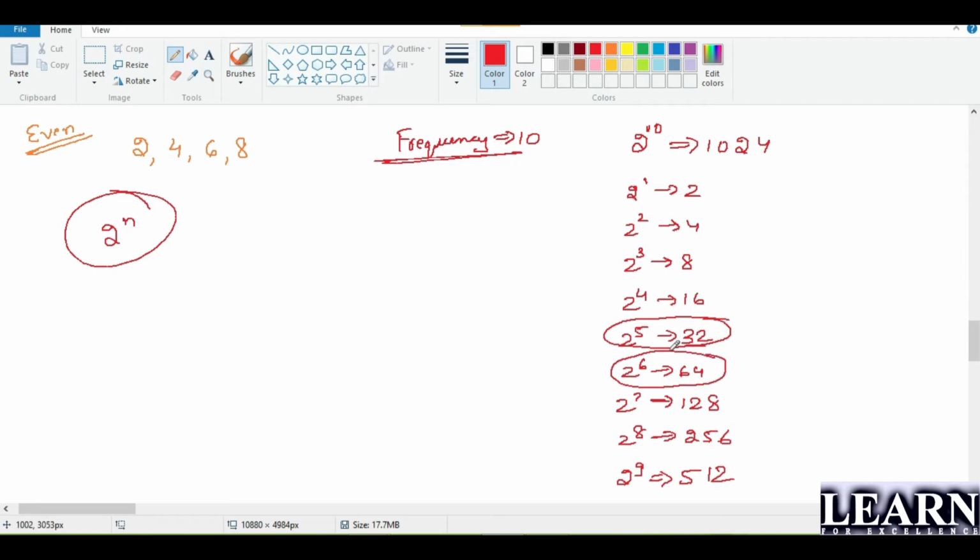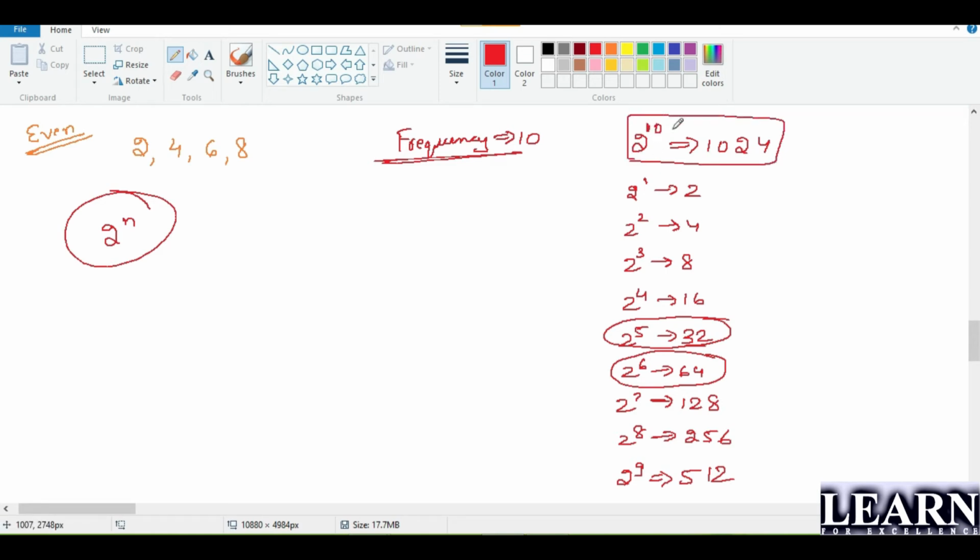If they ask what is 2 power 8, we know 2 power 6 is 64, 2 power 7 is 128, so 2 power 8 will be 256. We can do it faster. Clear, guys? This is how you need to understand shortest methods here. If they ask 2 power 9 or 2 power 7, you should not start from the beginning. That will waste 10 to 15 seconds. So we can directly solve the problems, right? Now we are done. We know 2 power 10 is 1024.